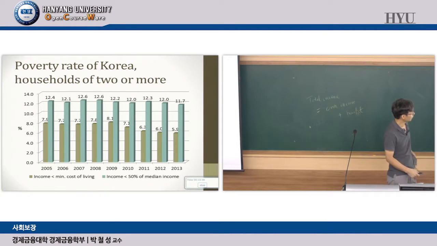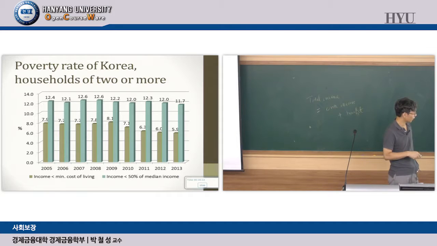So anyway, is it high or not? Actually, we have to look at other statistics, compared to other countries, for example. Obviously, theoretically, it is possible to get rid of all the absolute poverty, right? But it is impossible to get rid of relative poverty, right? Because statistically, there are always people who are less than 50% of the median.